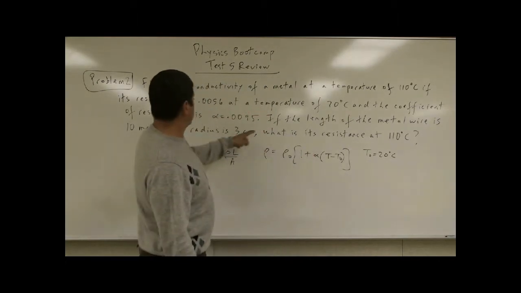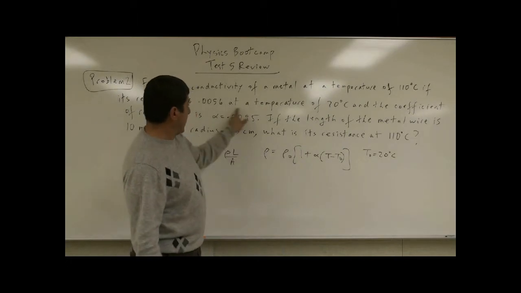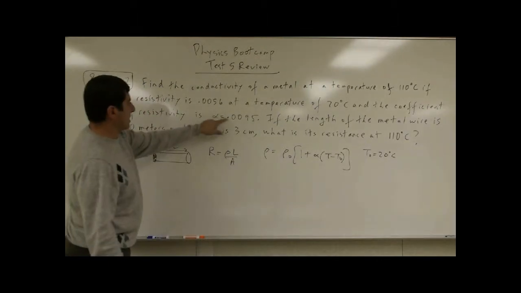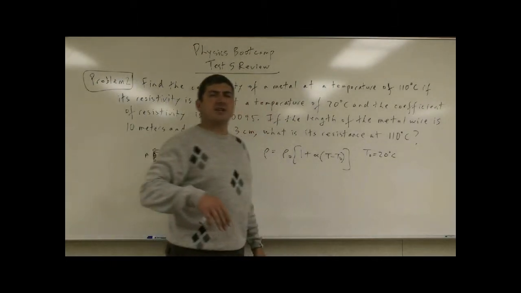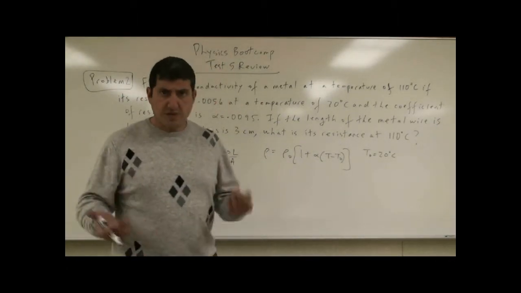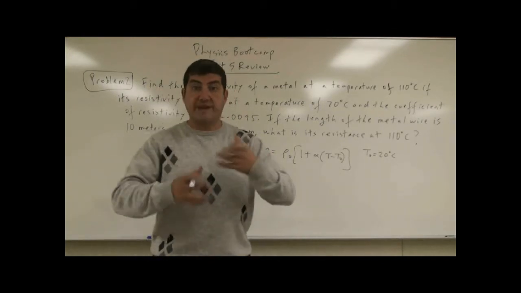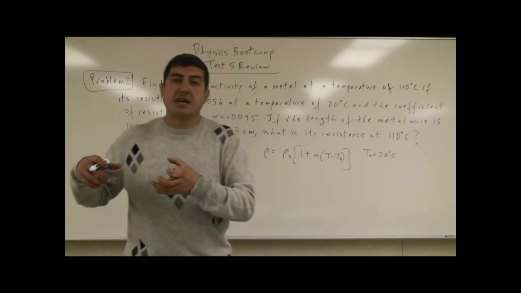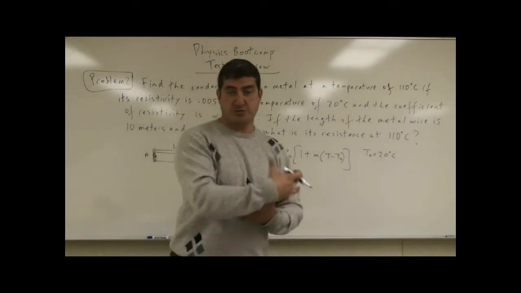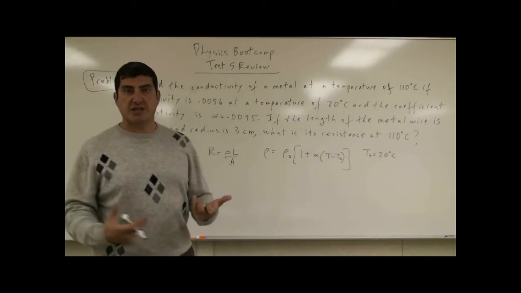In this case, it tells you the resistivity is 0.0056, that's rho 0, at a temperature of 20 Celsius, right? And the coefficient of resistivity is alpha. So alpha is sort of telling you how fast the resistivity of the wire is increasing. The reason resistivity increases is that when you heat the wire, the molecules of the wire move faster and faster, and they get in the way of the electrons trying to flow through it, the current trying to flow through it, right? So they kind of resist the flow of electrons more than they would if they were